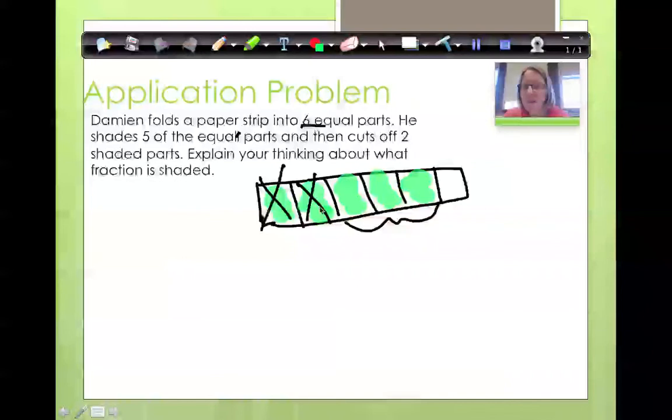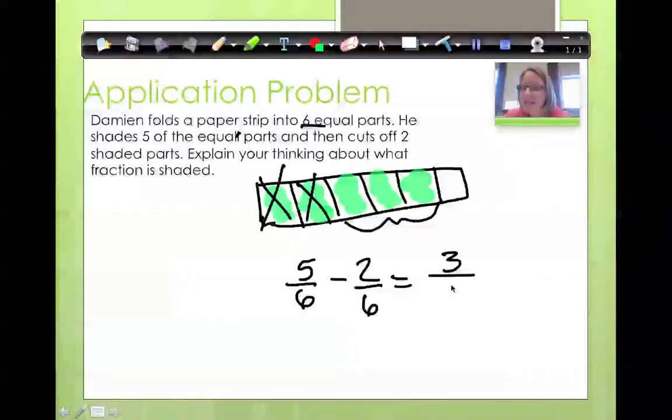We have 1/6, 2/6, 3/6, 4/6, 5/6 were shaded. Then we cut off 2/6. So if I have 5/6 that were shaded, and I cut off 2/6, how many sixths are shaded? Well, 5 take away 2 gives me 3/6 shaded. And so we need to write that. Now we need to explain our thinking. So it is 3/6 because